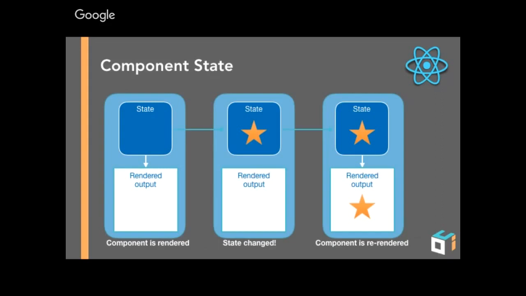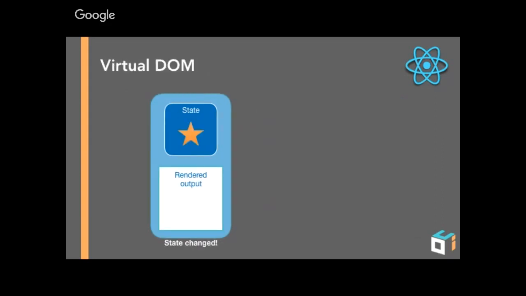React will re-render everything downstream based on that change in state. That sounds rather inefficient, because you could end up re-rendering the UI every time the user types a key in a text field, for instance. If that text field goes to some value in your state, every time it changes React is going to re-render your entire application, which sounds inefficient, but it's not, because of the virtual DOM, which is React's